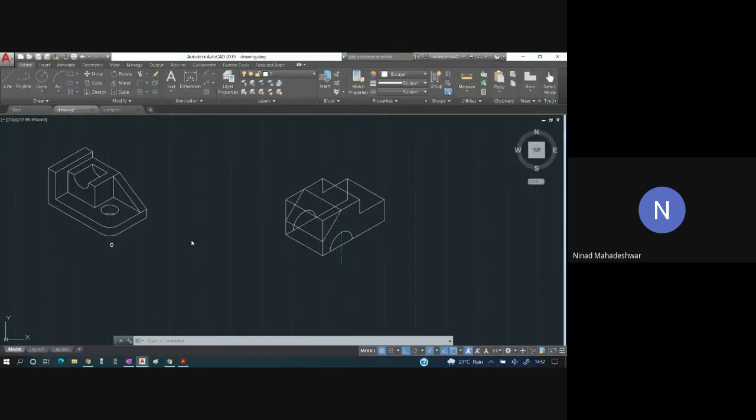Okay, so now whatever is the hidden section which is behind, that part you have to delete. 1, 2. Okay, this circle is also hidden. That part, delete this. Okay, this inside line, delete this. Okay, this part, trim this part. This is also part which is going inside. Okay, now we have come to this end over here.